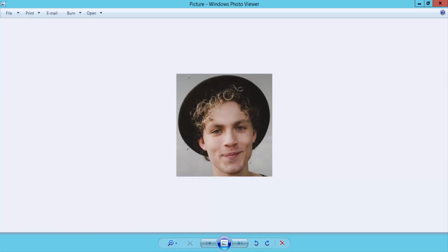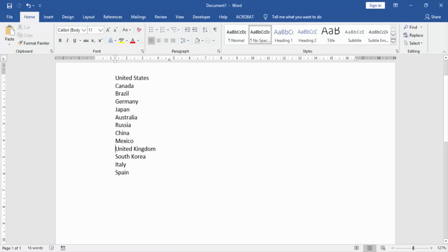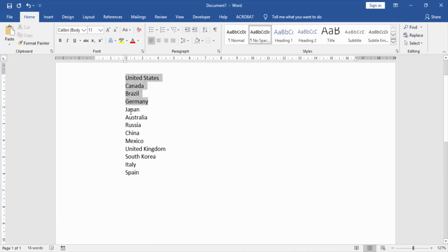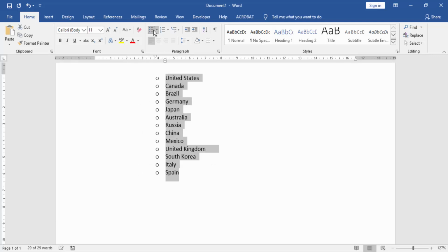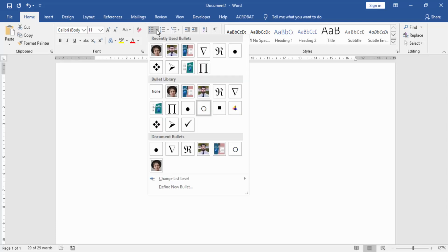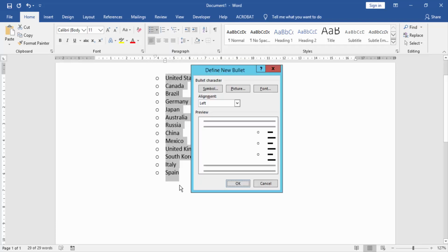Now I have to open a Microsoft Word document file and take some country names. At first I select all the country names and click the bullet points. Now you go to the bullet drop down menu and select define new bullet,